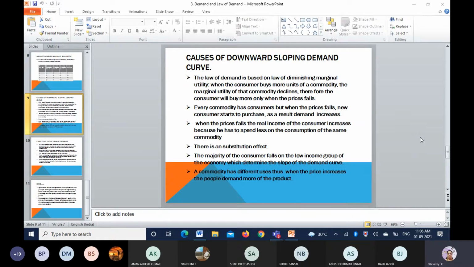But the real income is different. Real income is what you can buy with this 100 rupees at that particular point of time. Why? Because the prices differ. When the prices are very low, you can get more commodity, and at the same time, when the prices are very high, you can get very little commodity of it. So the real income